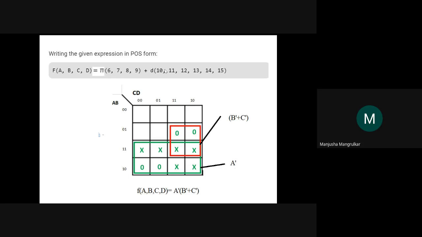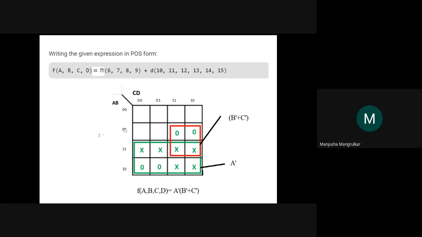The function for this boolean expression is this, a 4. If it is a 2, here 2 and 3 are don't care, so what we will get, this is a pair of 8, right? But it is not there, so we can do a maximum pair of 4. We can do a pair of 2, pair of 4, pair of 8, not pair of 6, right? So it is 2, 4, 8. So this is 4 pair, right?